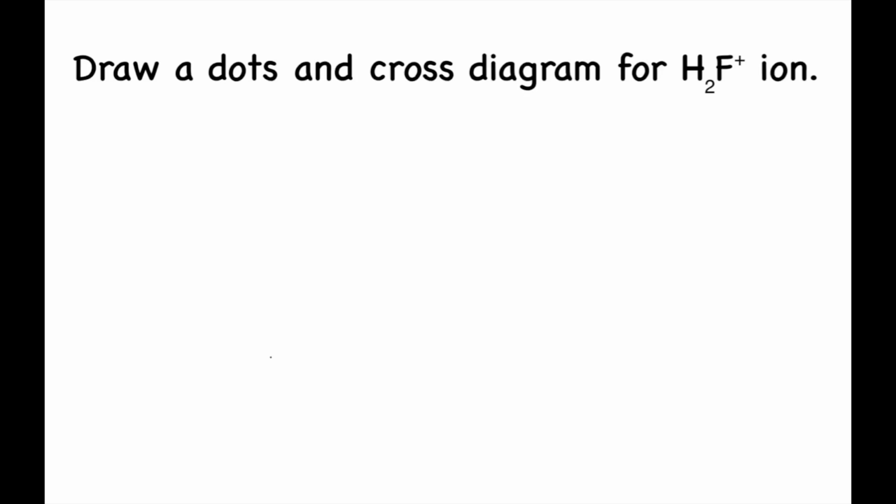Hi guys, in this question we've been asked to draw a dots and cross diagram for the H2F positive ion. Now both of them are non-metals, so it must be a covalent bond. However, it's a positive ion, which represents something unusual, and that unusual thing is that one of the ions